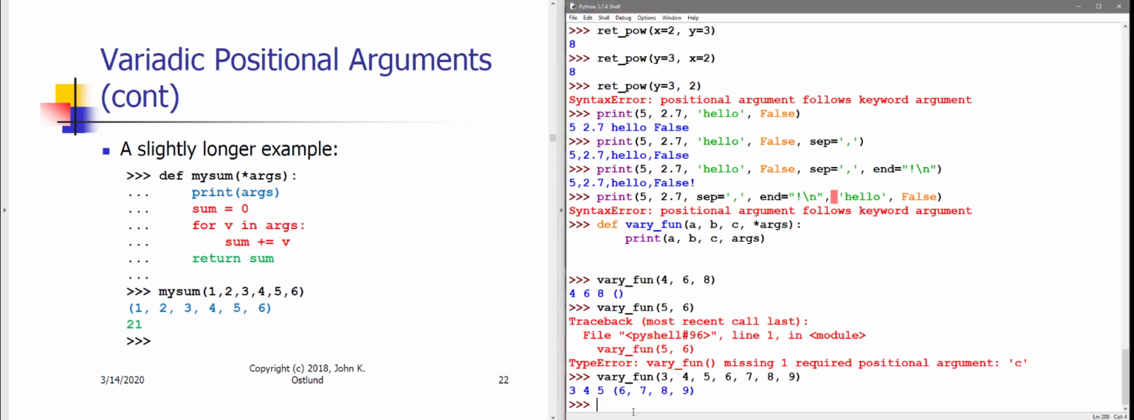In this next example, I'm defining a function called mySum that takes some arbitrary number of arguments and returns the sum of those arguments. Now, I just want to mention,